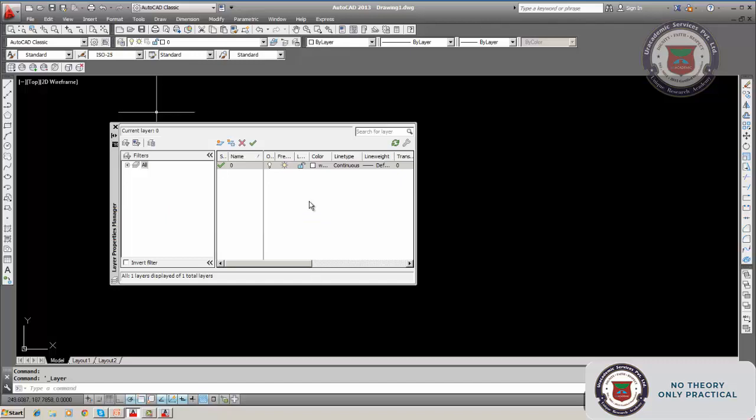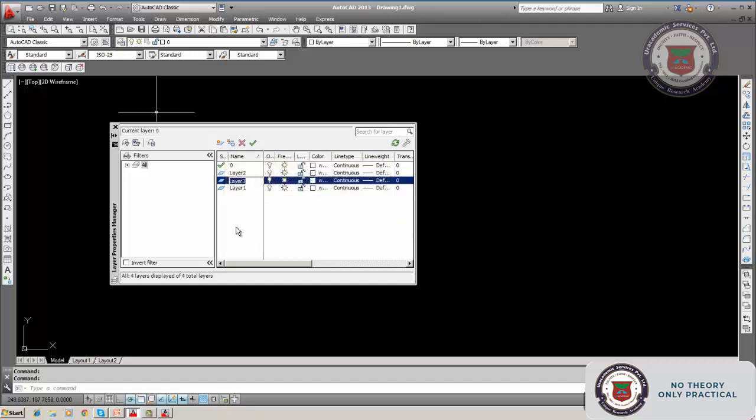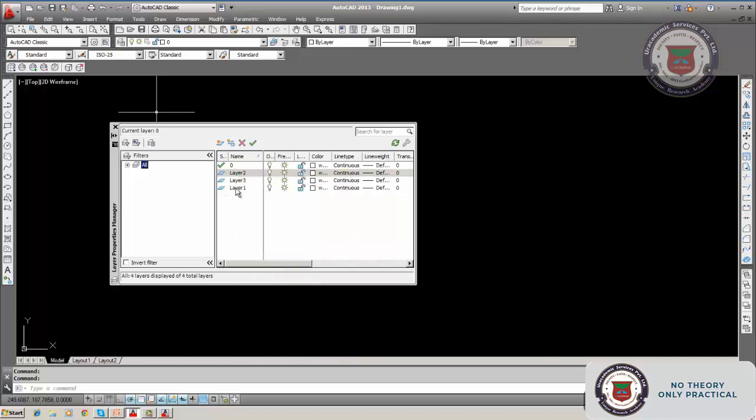Now, in order to create different layers, see here this icon, new layer, Alt N is also given, or you can click here. Once clicking is one layer, 2 clicks 2 layers. This is one more layer. So let us have, for example, 3 layers here. See, these layers can be named also. You click on this and click it a little bit. So it is here. You can name it.